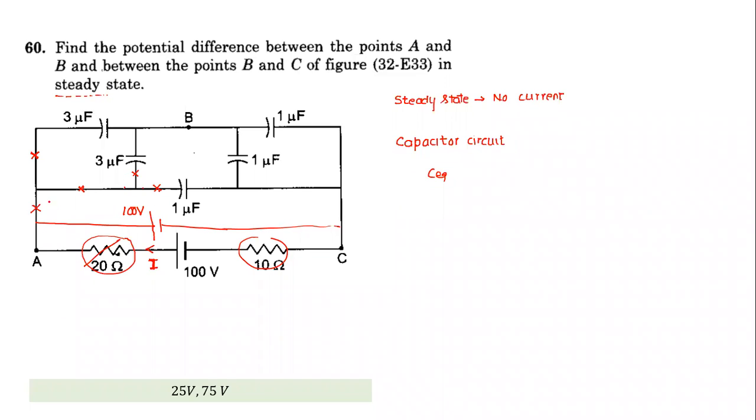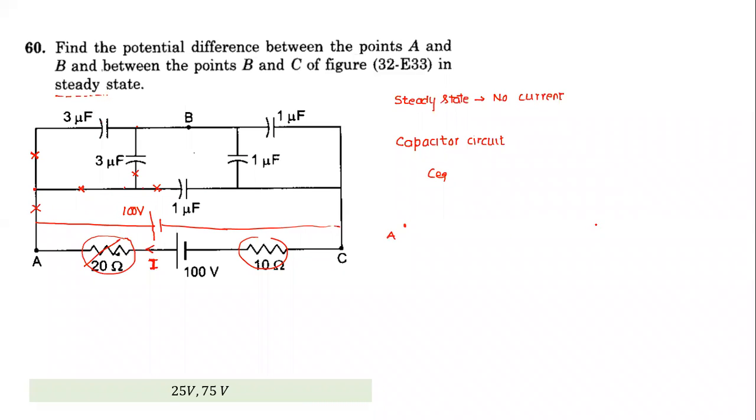Yes, we can easily spot this. This point potential is A, and are these two in parallel? Yes, sir. These two are connected between potential A and B. These two are also connected between potential A and B. And this one is connected between potential A and C. So I can redraw the circuit. The circuit becomes something like this.